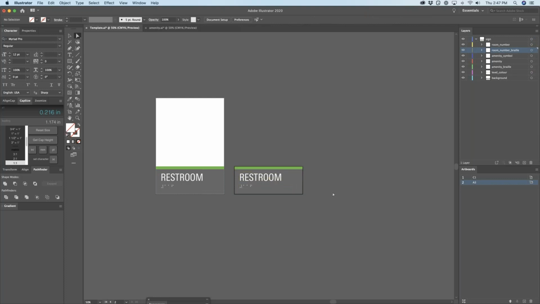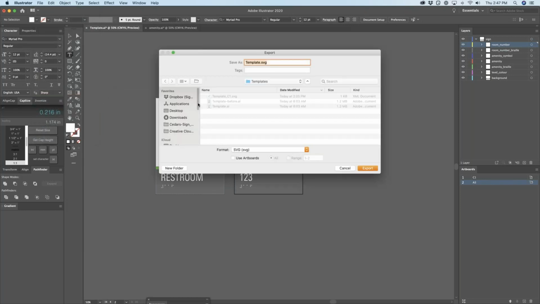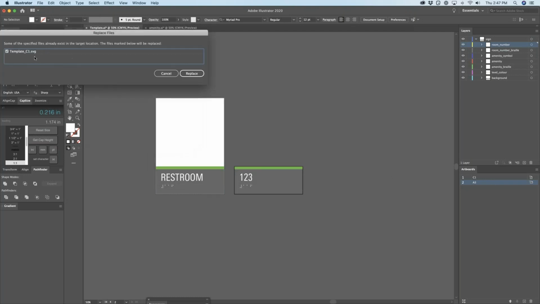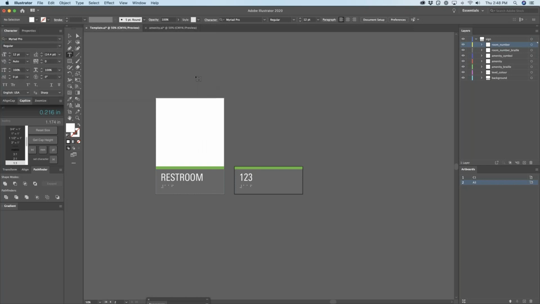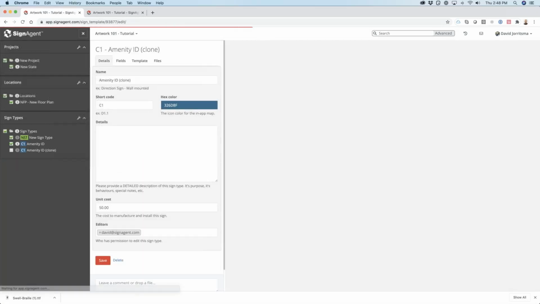And then in here, I may want to, for the sake of the, you know, maybe I want to say 1, 2, 3, right? So then I can take this and just easily export this. And then again, it's going to ask me to save over top of that, which I'm fine. And now I have my other sign type. I can even just clone this one if I want to, change the name, and I've got these pieces in here, and I can just say this is a